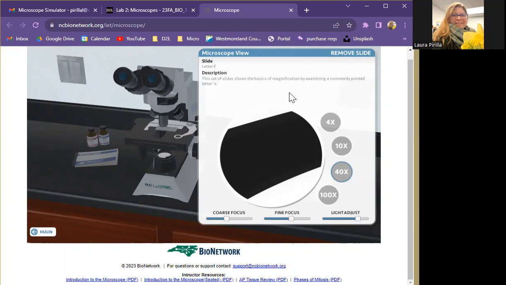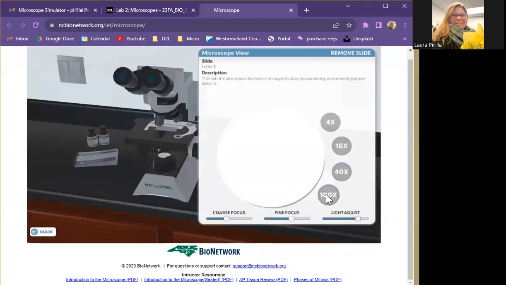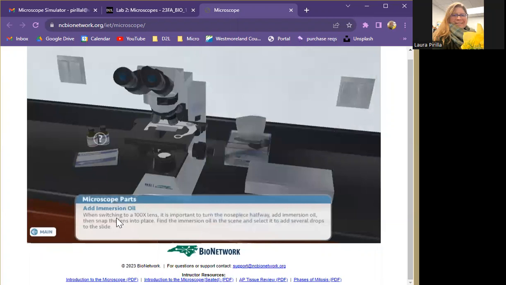So now if we wanted to go up to the 100x objective, which would be 1,000 times bigger, we can. But this is the oil immersion lens. So see, because it's the oil immersion lens, it's going to prompt us to add immersion oil to our microscope slide. The reason that we need to do that is that